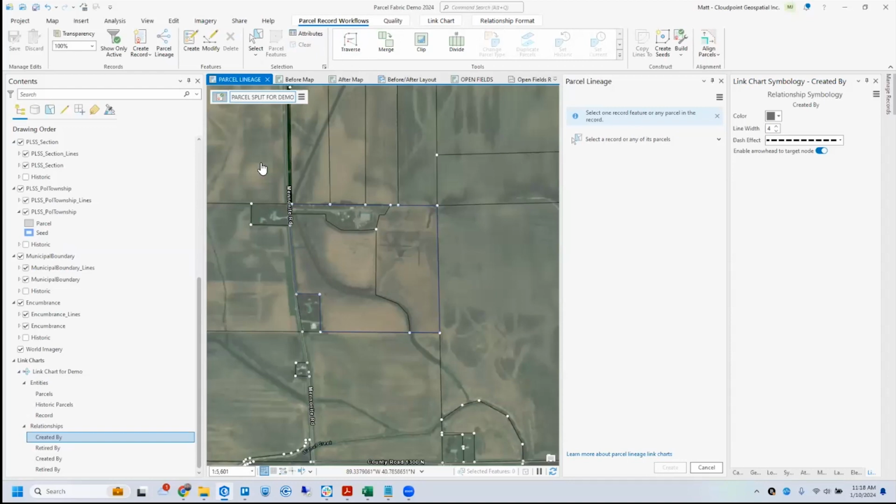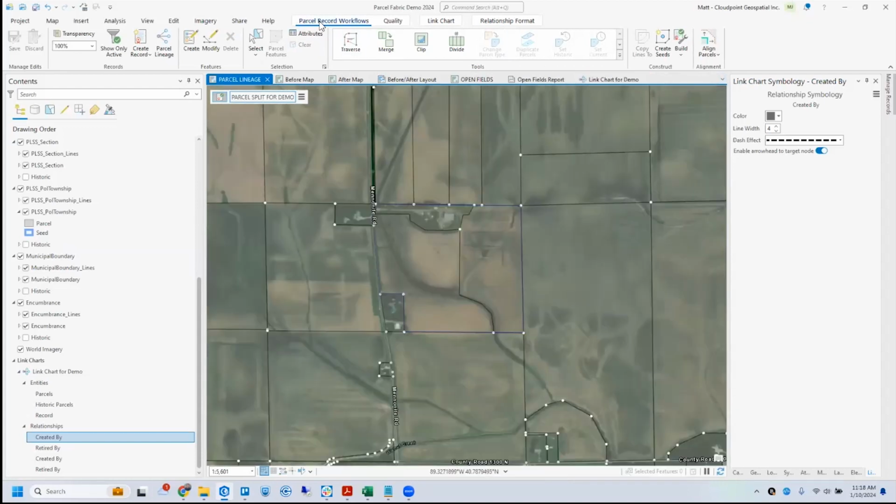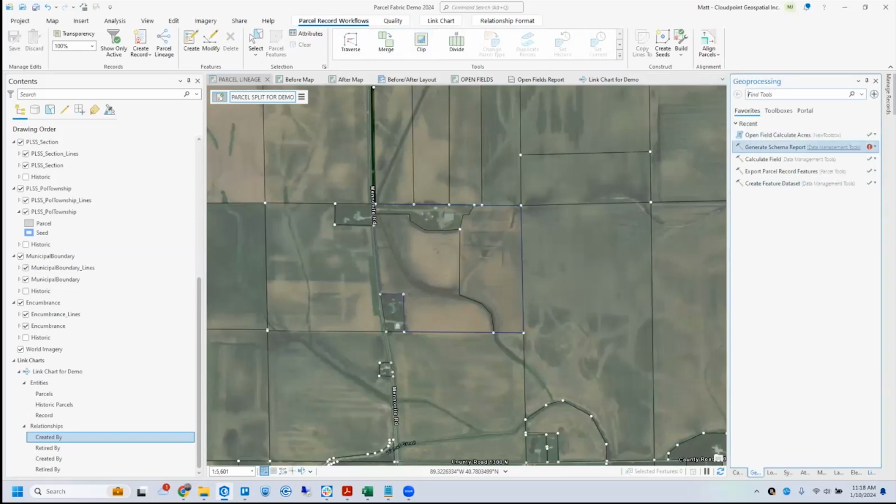We're going to start here in the parcel lineage map, and what we want to do, I'm going to close out my parcel lineage here, but we want to go back to let's go into our geoprocessing tools, and there's a new tool that Esri has called Export Parcel Record Features. So we're going to open up that tool,